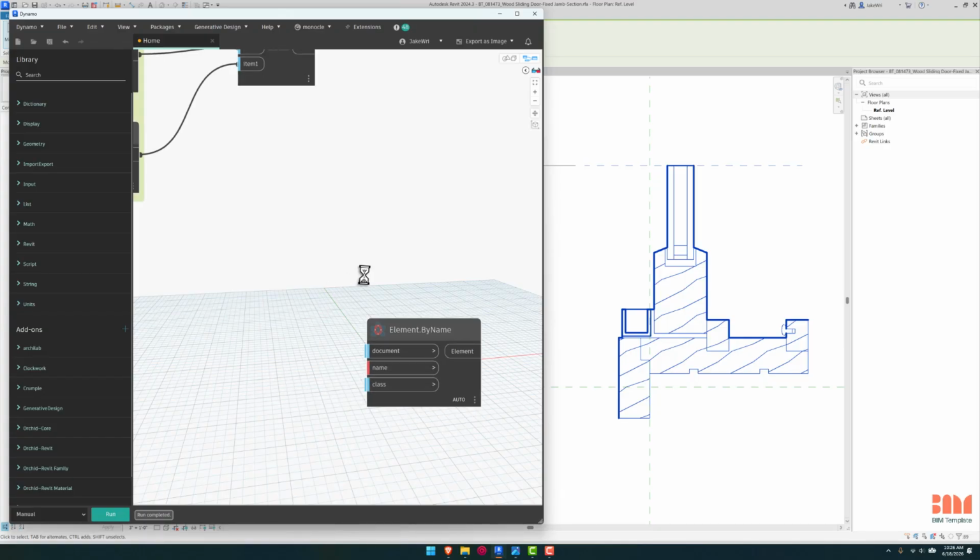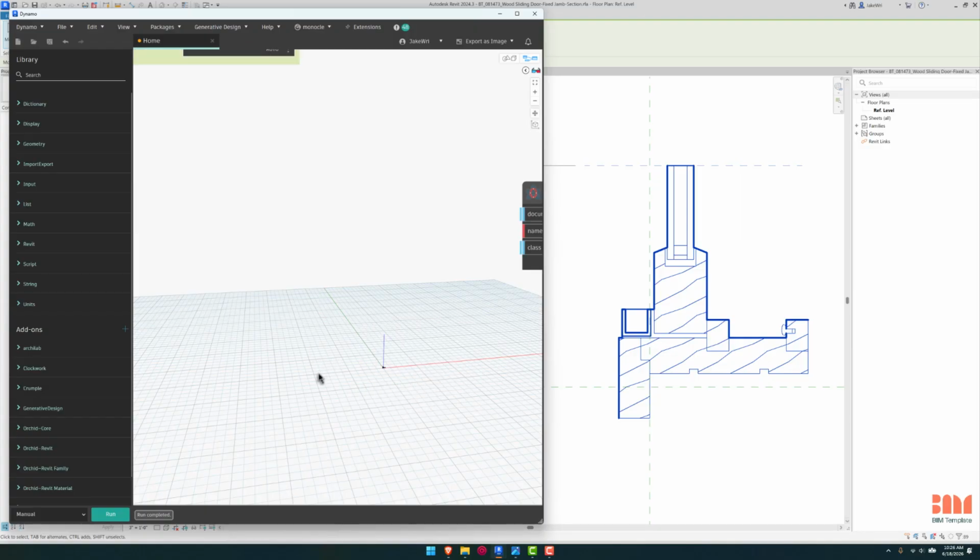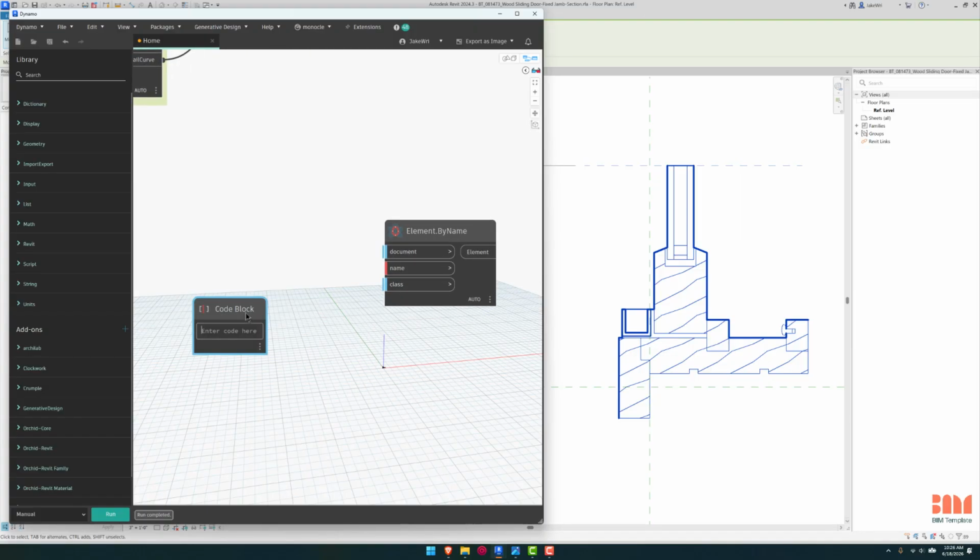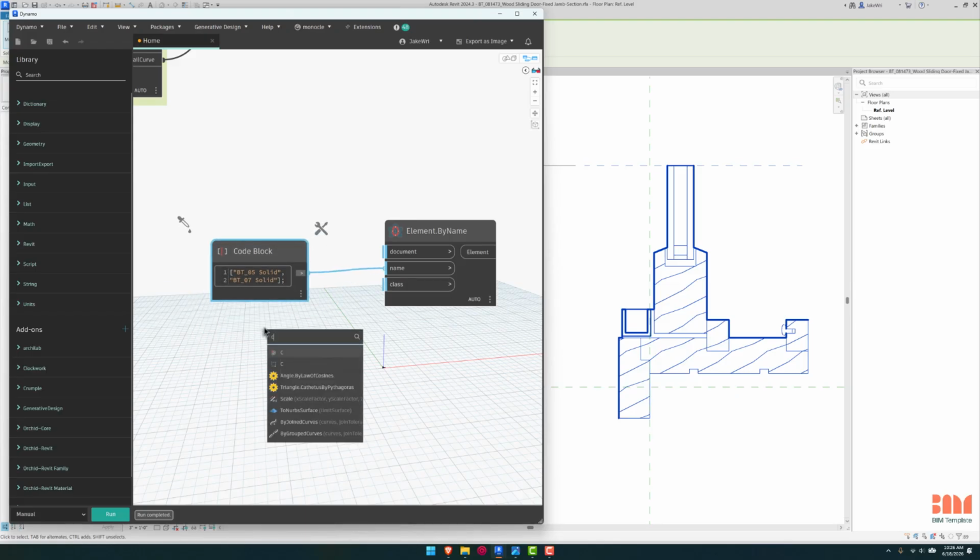So first, we're going to specify the names for the object style subcategories that we're going to be referencing. Let's do that, and we're just going to create a list. So we're just going to be BT_05 solid, and then BT_07 solid. And then we can just end the list. Oh, we need the quotation marks. There we go. Now that we have the names, we should get the class,